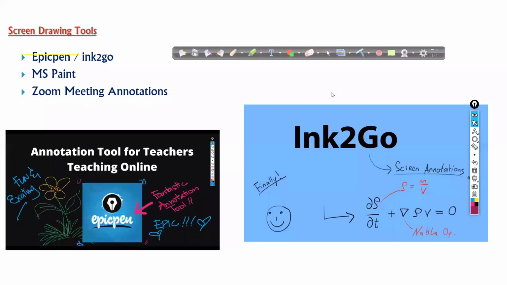If you want to just delete all your drawings, this is the wiper option. You can also record here. That is one additional benefit. You also have an option here, screenshot, that is taking the screenshot. Because sometimes you want your students to not write the notes. Instead, you want them to take the screenshot and send to them, because you don't want to waste much time for them. This is an option here.